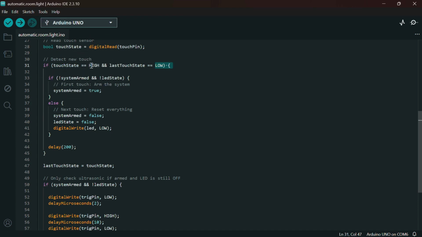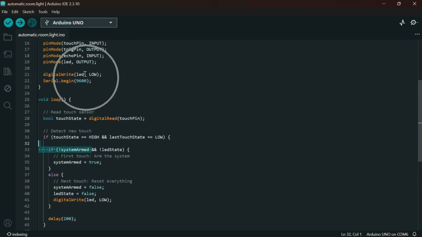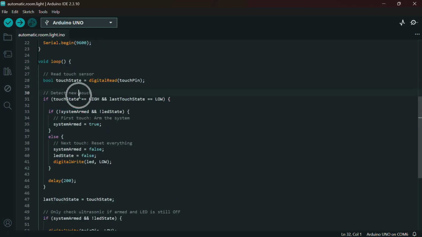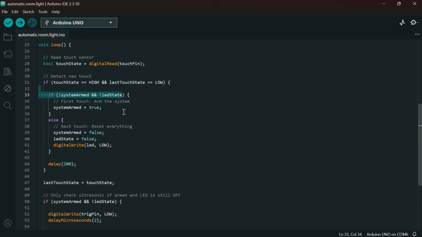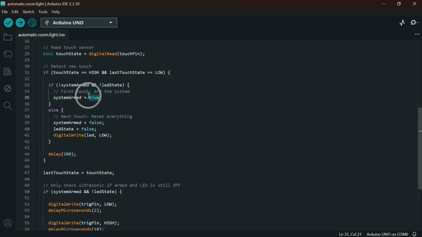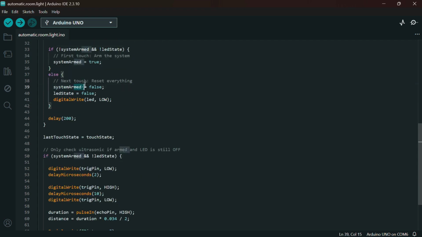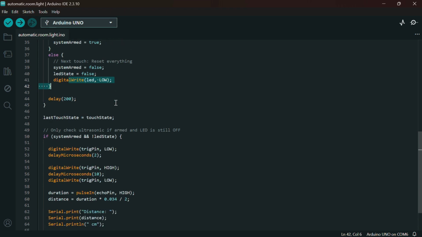So if the touch state is high, then system armed and LED state will be the default. When there is a touch on the sensor, that means when the switch is on, the system will turn on and system armed is true. Whenever there is a touch on the sensor, that is the switch, the system will turn on, which is true. Or the system will turn off